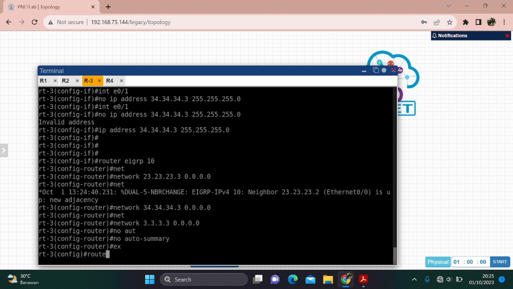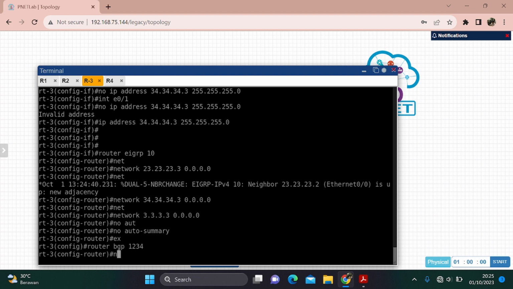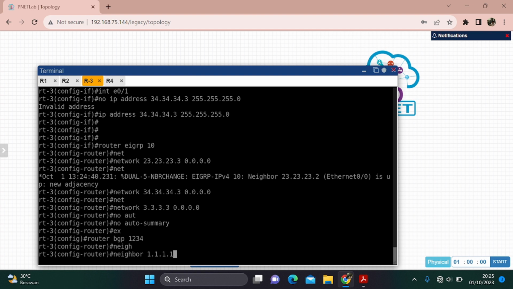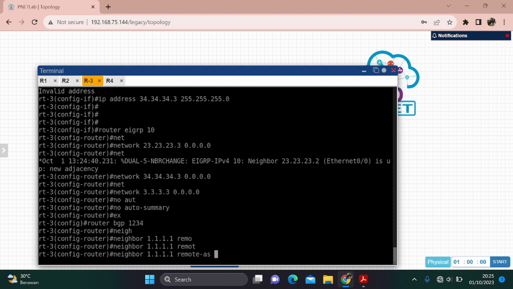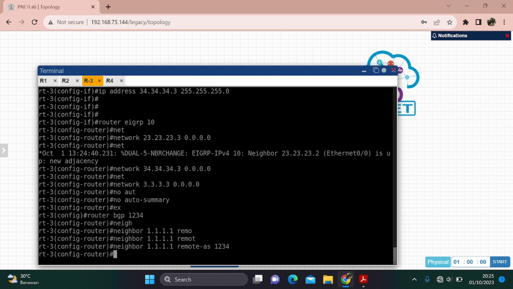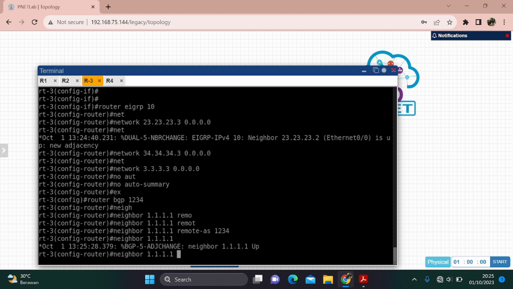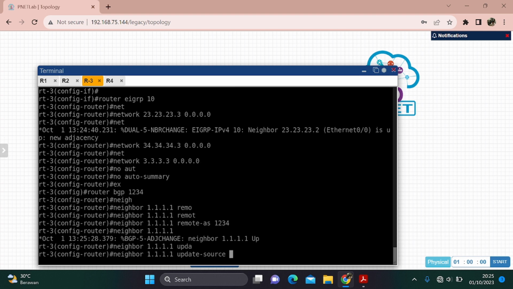For that, router BGP, and then neighbor, remote AS, then add the update source loopback.